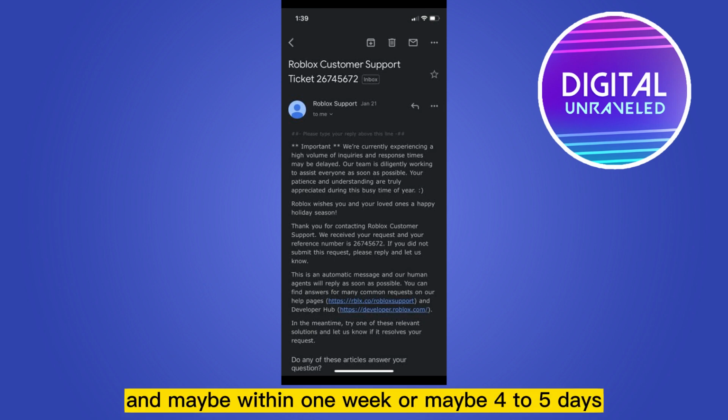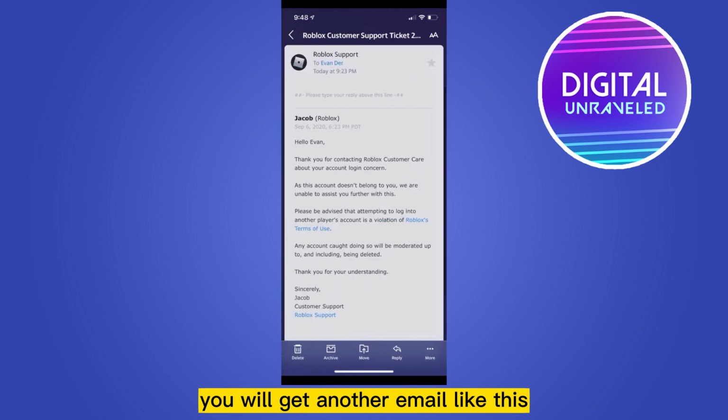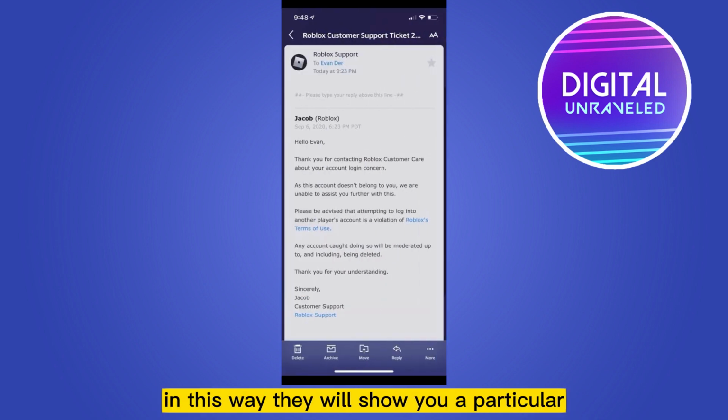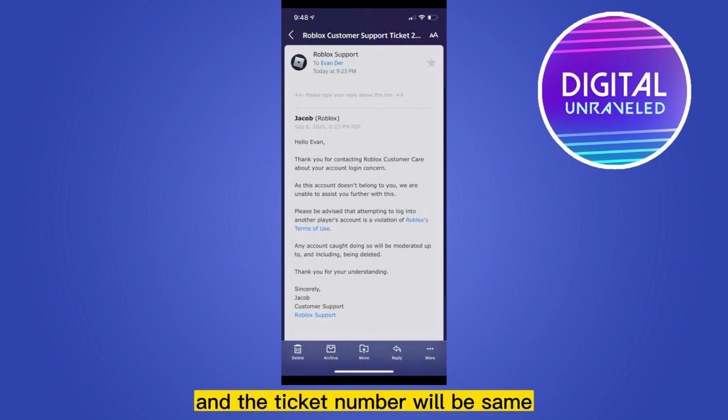or maybe 4 to 5 days you will get another email like this. In this email they will probably come with the real solution to your problem, or the email may be like this. In this way they will show you a particular way of solving your problem. So in the second email they will try to show you a particular way to solve your problem, and the